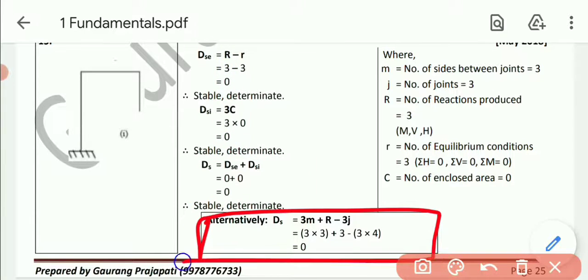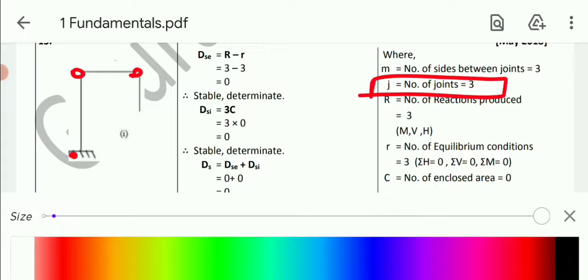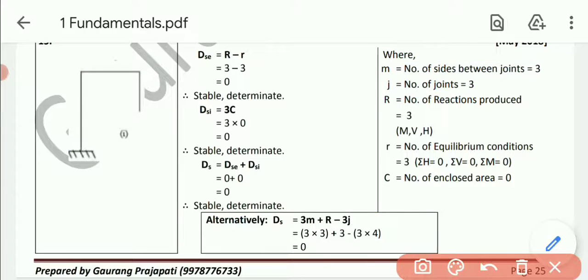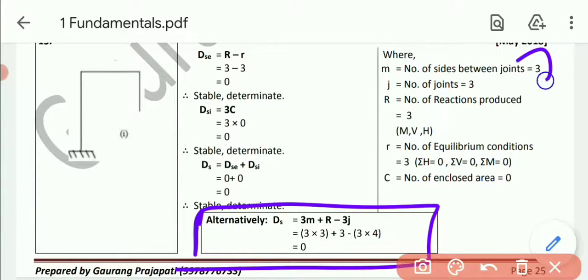Now for the alternate formula I will need the value of J and M. Joint 1, 2, 3: 3 joints are there, as it is a free support, so that is not considered a joint, so alternatively that is 3. M, the number of sides between the joints: 1, 2 and 3. This is considered a side also, side will be considered for that one. So finally the alternate formula: 3 times M, that is 3 times 3, plus capital R, that is 3, minus 3 times J, that is 3 times